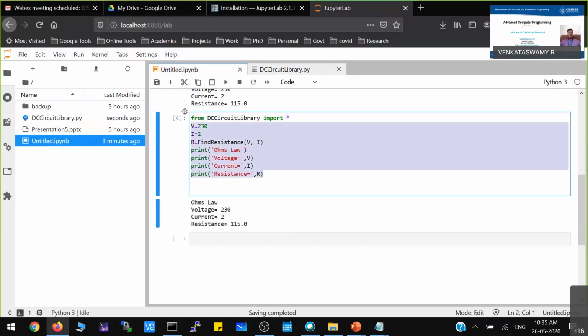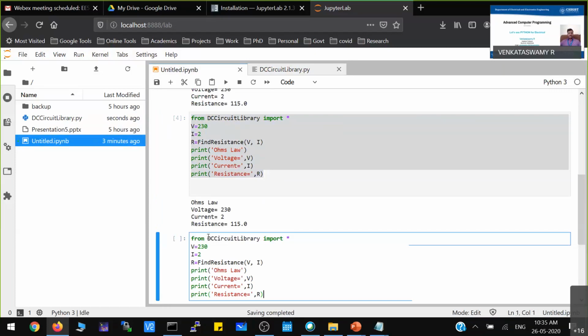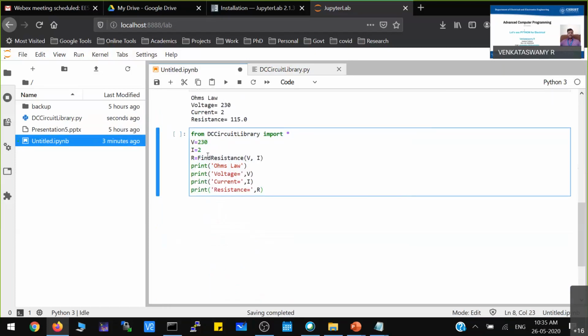So the same thing you have to do. Earlier you were calculating the resistance. Now say resistance is given as 100 ohms, and current is also given, 2 amps.